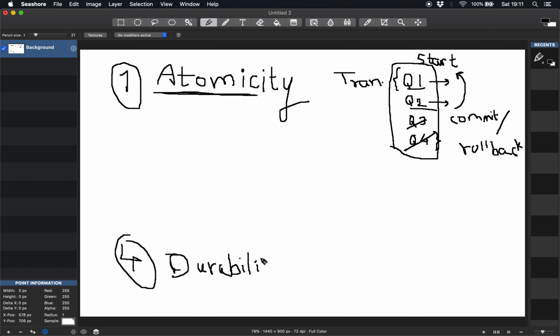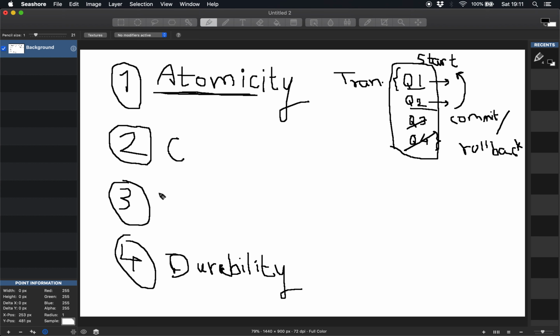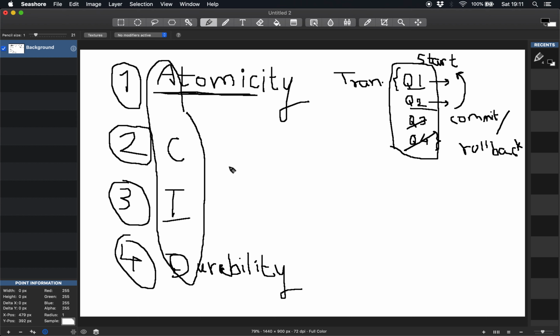I'll mention the second and the third property because it's an acronym. So the second property starts from C and the third property starts from I. So its acronym is called ACID, and it's commonly known as ACID properties of database transactions. So Atomicity is treating a set of queries as one, and durability is